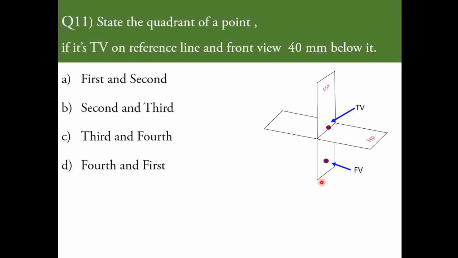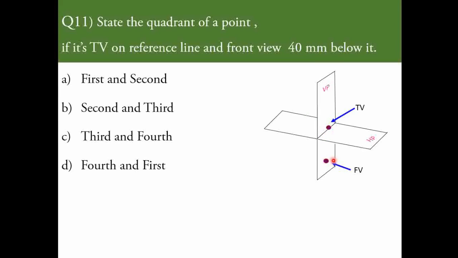So here you can observe the position of the point will be in the vertical plane. When we observe from this direction, the same position will indicate the front view, but when we observe from the top view, from this position we have to take the projector and create the image of the object on the reference line.